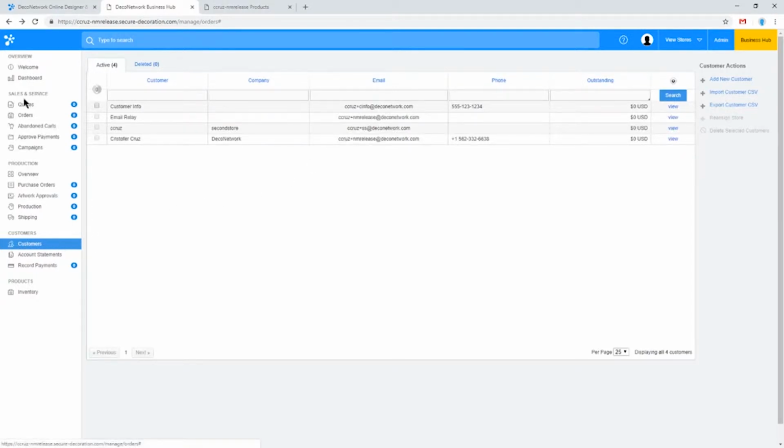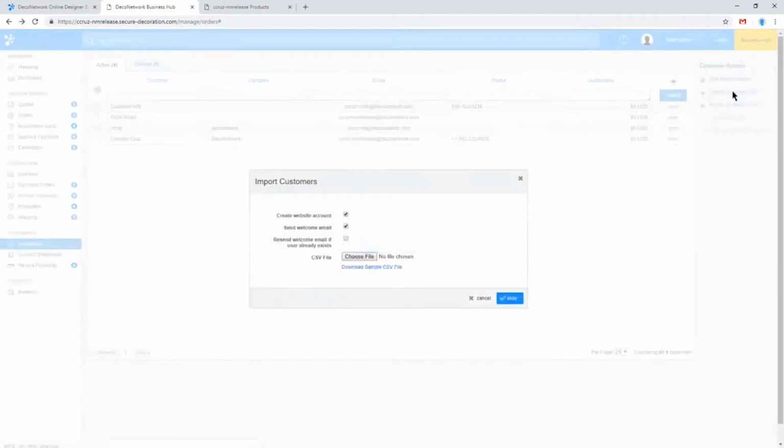To do it, you go into Business Hub, you click into the Customers tab, and there on the right-hand side, Actions section, you'll see the option for Import Customer CSV. The first thing I would recommend before you choose whatever file you already have is download the sample CSV file,